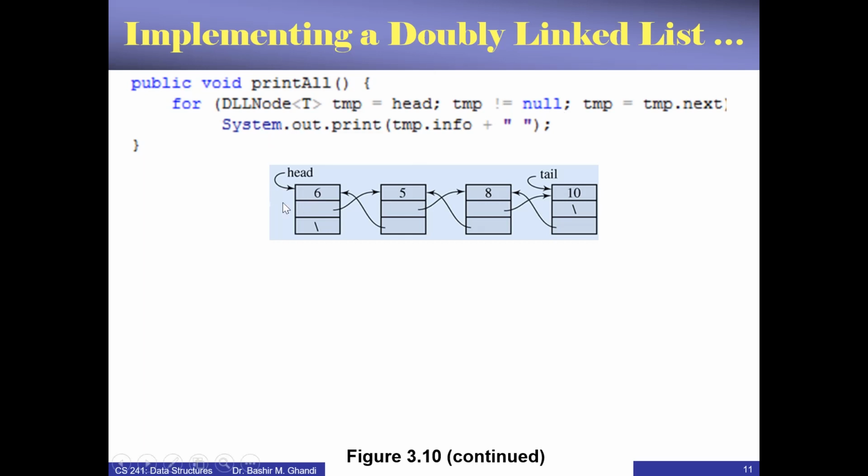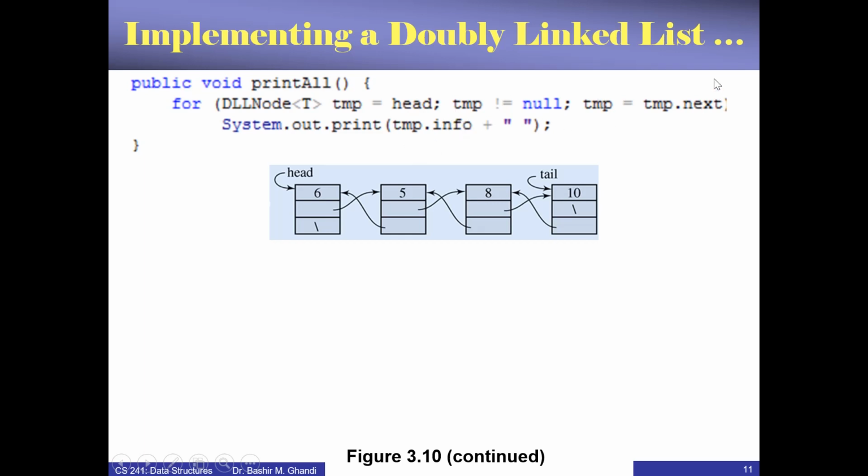We just need to define temp initially pointing to the first node. Then we print temp.info, and then move temp to the next. This is what this loop is doing. So initialize temp to head, and then as long as temp is not null, print temp.info, and then move temp